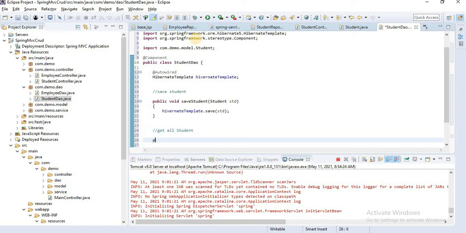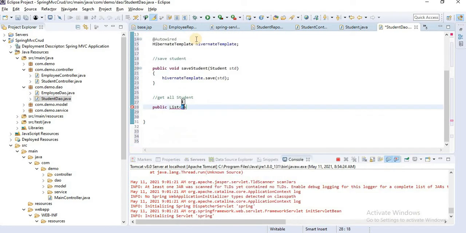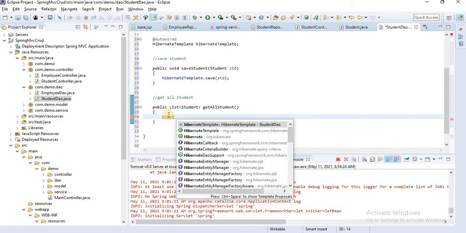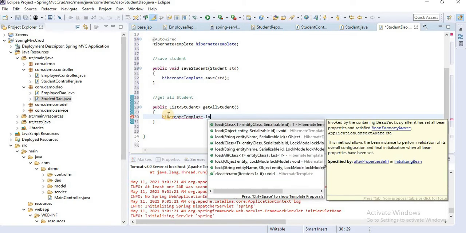Then getAllStudent. Okay, let's make this public List of Student, because we are getting a list of students. Let's import List. Then Student getAllStudent. Okay, then again use hibernateTemplate, I think here we did it wrong, okay, change the spelling. hibernateTemplate.loadAll.